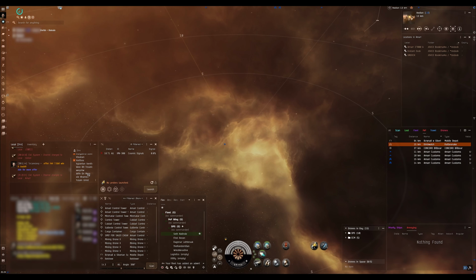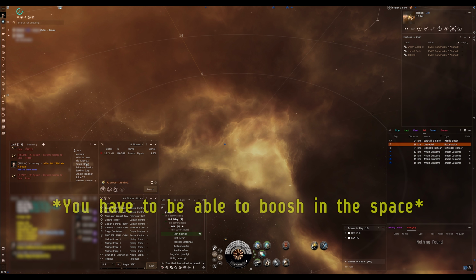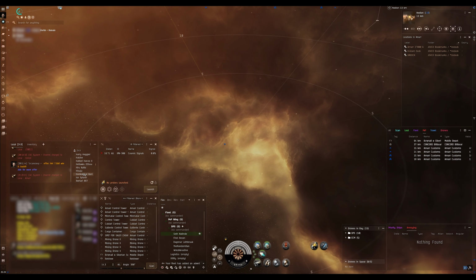Hey guys, I wanted to show off a video of a good way to catch haulers that are moving through wormhole space, or pretty much any type of space for that matter. It might not be the best in k-space, but for wormholes, this is pretty solid. And I do realize that by me putting this video out,